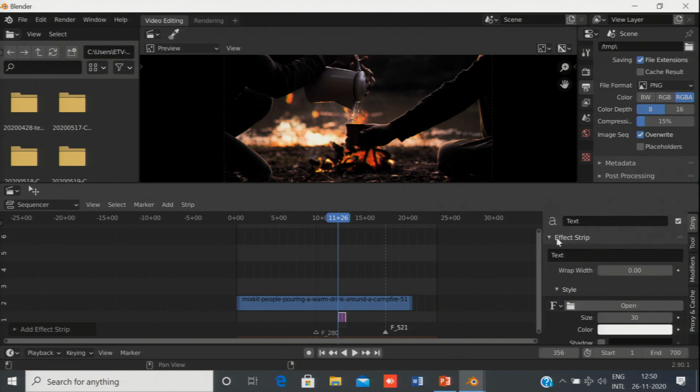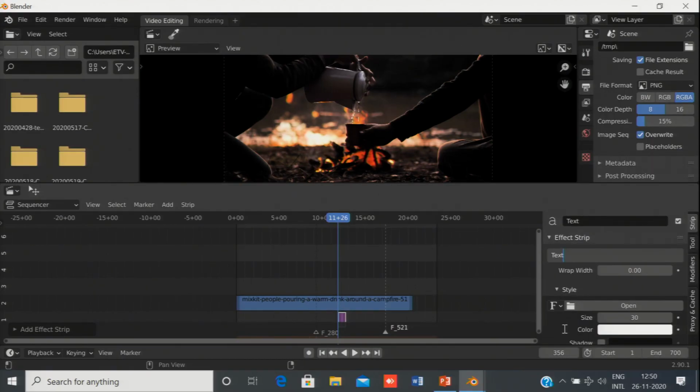Now, here is the effect strip on the right hand corner, and to type the text just type hello world.